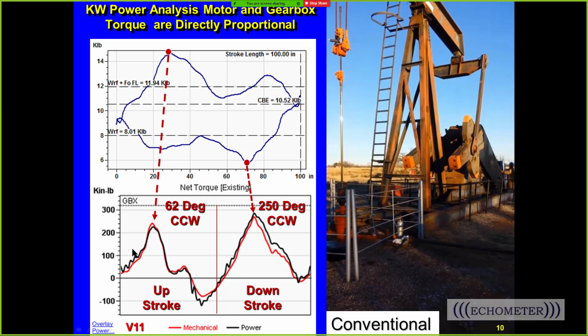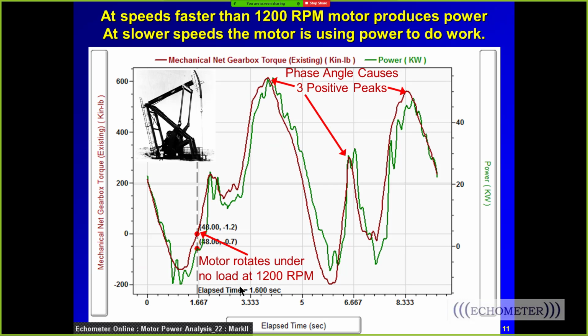So this type of pumping unit is a conventional unit, and you can typically recognize a conventional unit by looking at the power signature, because almost all of them have two peaks and two valleys. Now, a Mark pumping unit has a crank that's bent, and we call that a phase angle, and that's an attempt to get the torque from the counterbalance torque more in phase